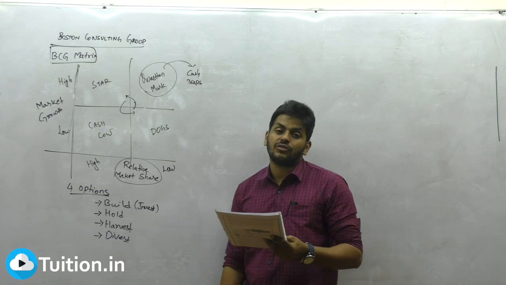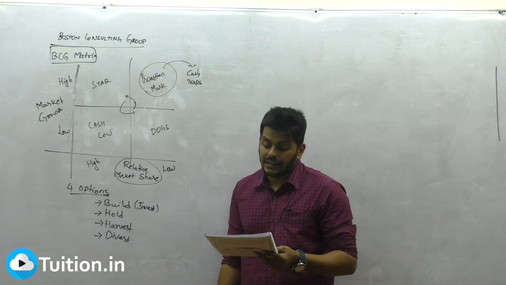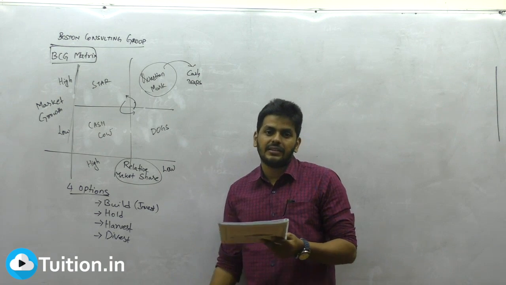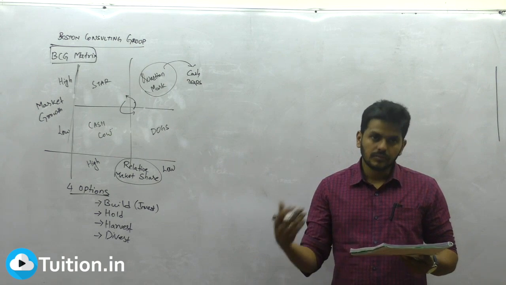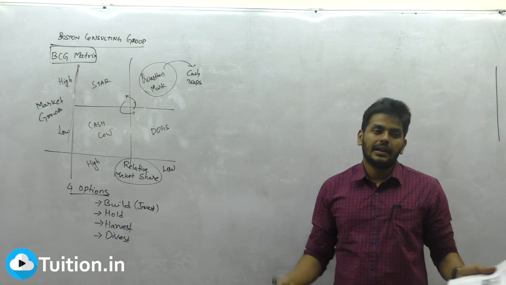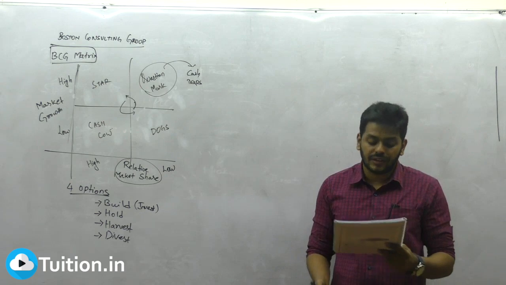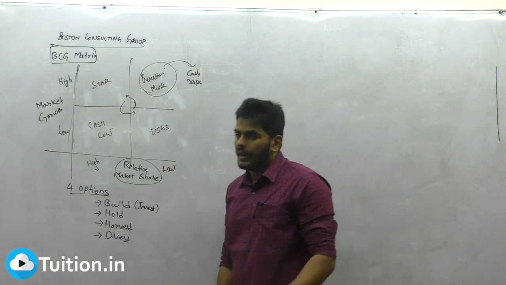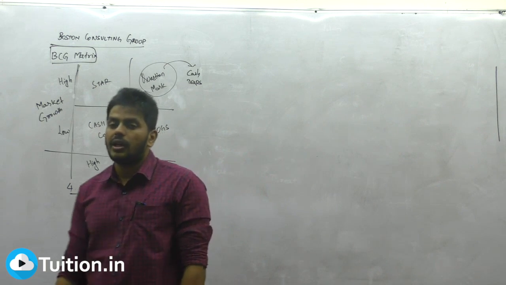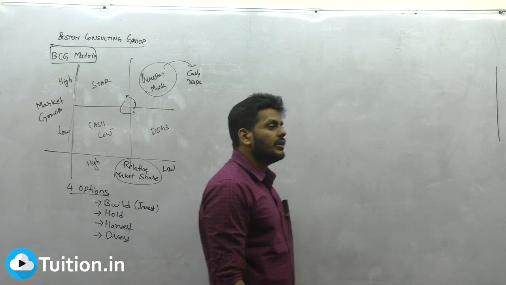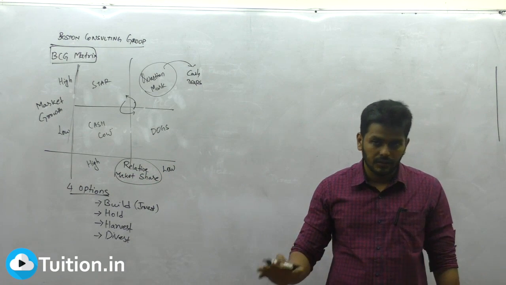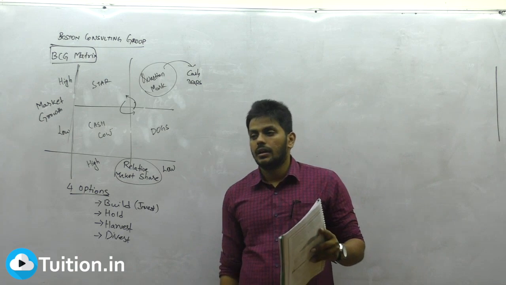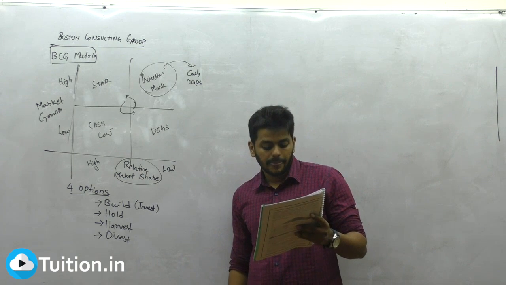Sometimes they need cash to survive. Sometimes they could be a source of trouble. What will you do then? Till the time they are sufficing themselves, it is fine. But when they start asking you to invest in them, like a debt product requiring investment, it is a waste of time and money. Dogs should be minimized by way of divestment or liquidation. Divestment means selling a portion of a business. Liquidation means the complete business. Don't worry, we will read them in the next chapter completely.